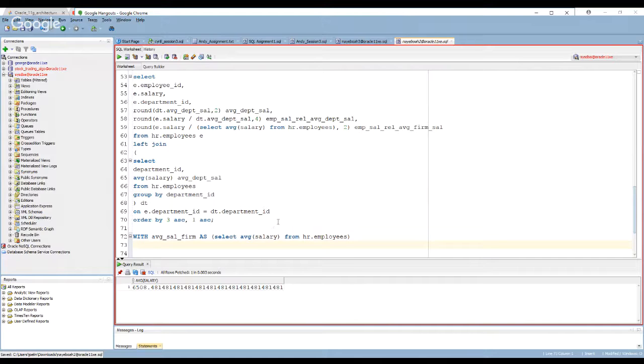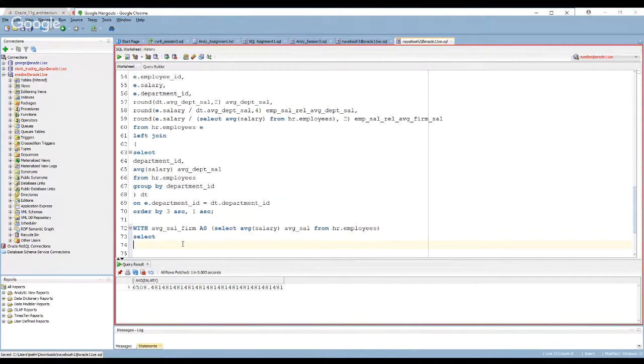And you'll do something like select from HR.employees, let's say E as the alias, E.employee_ID.